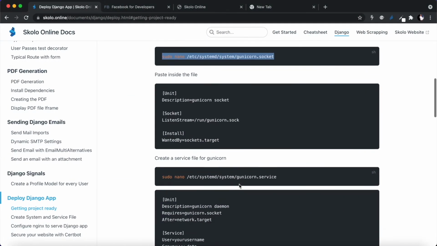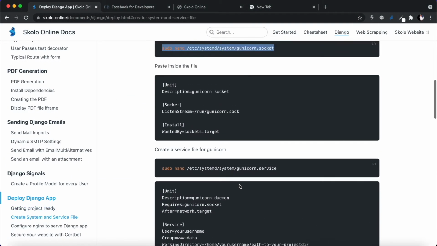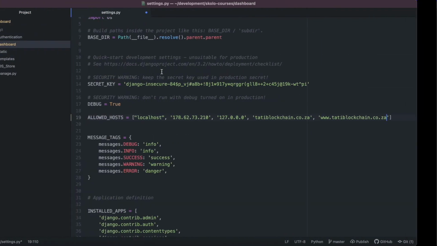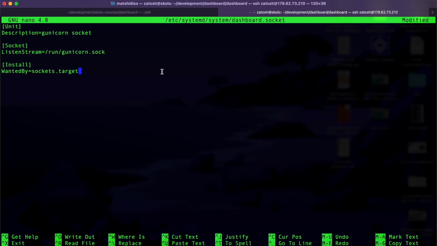If you look inside of the Django documentation that I have on Skolo Online, you can see what you need to do here. So I'm going to just copy all of this, and I'm going to paste it over here like that. The first thing is a description. What description is it? It's a GUnicorn socket, but I remember telling you that everywhere I see GUnicorn,